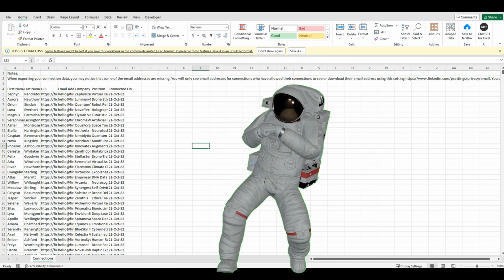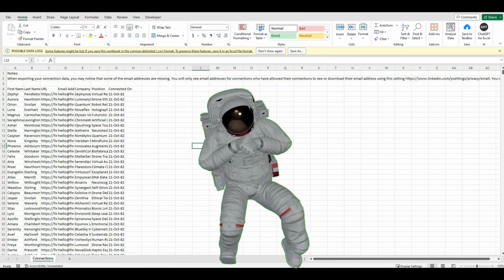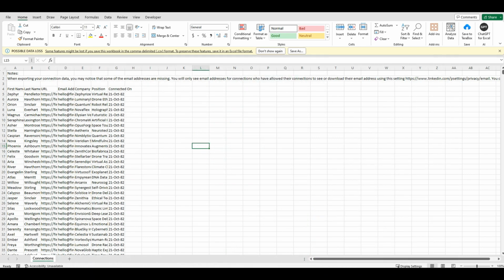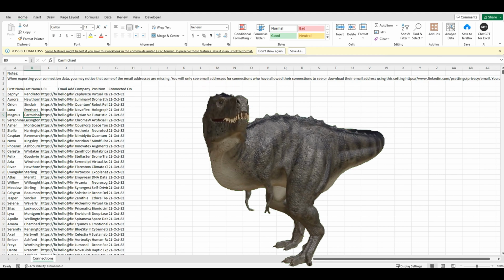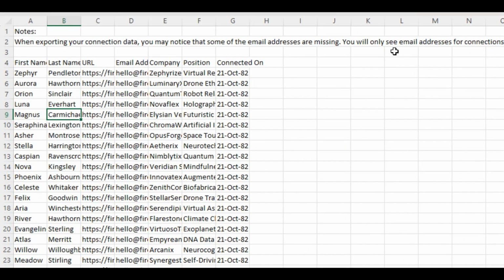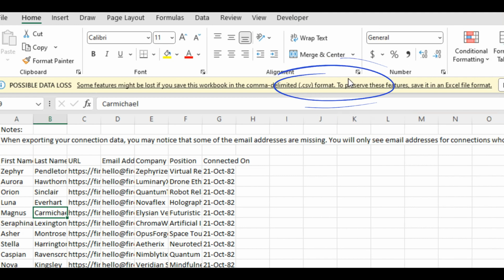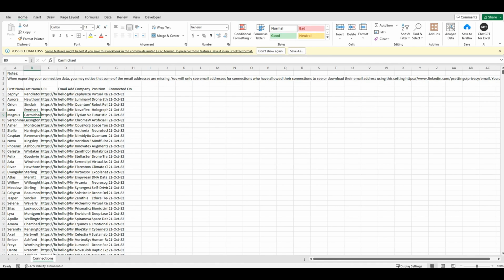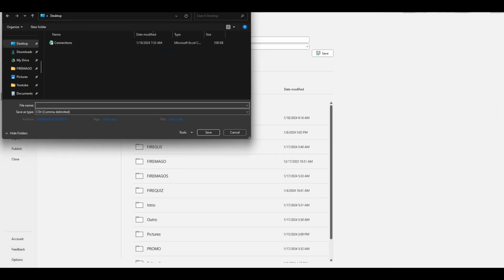As soon as you open the LinkedIn connections file, you will see something like this. In our case, we replaced the actual data with imaginary information to protect the privacy of our connections. As you can see, the file is in CSV format and it's not organized at all. The very first thing to do is to save it with a different name and in a different format. Let's rename it already and save it in a macro-enabled format.